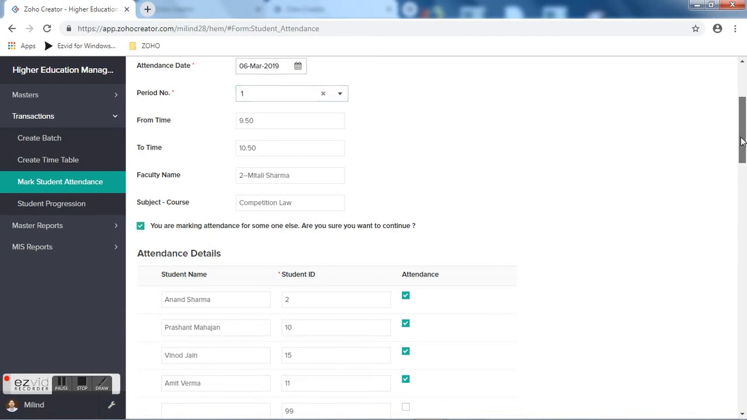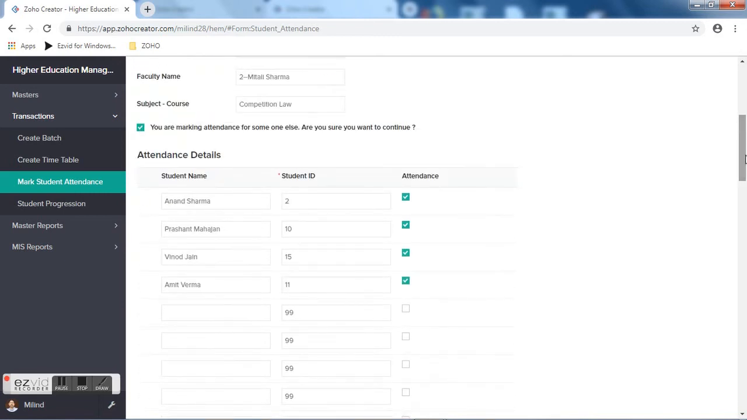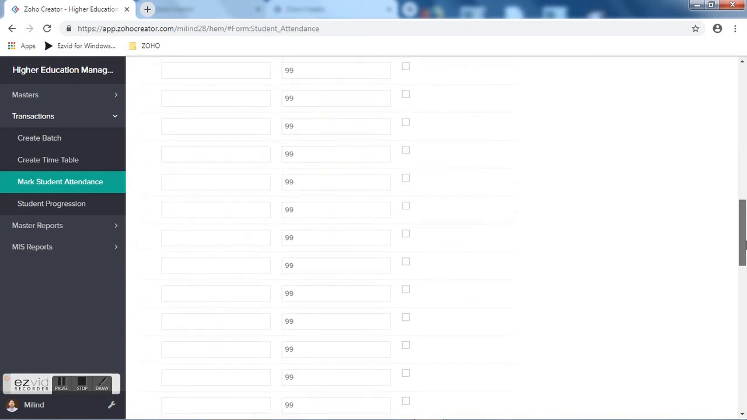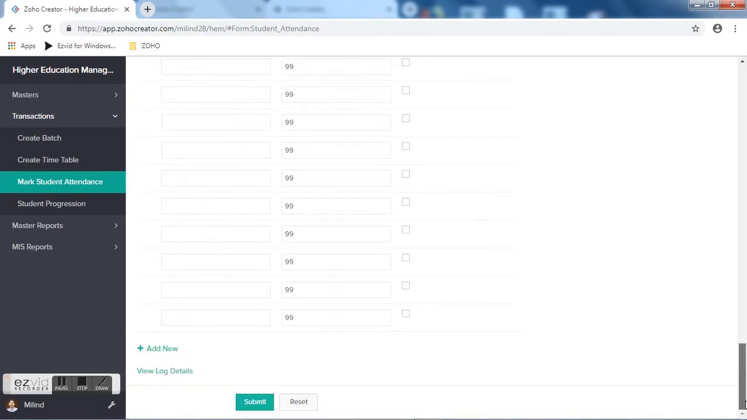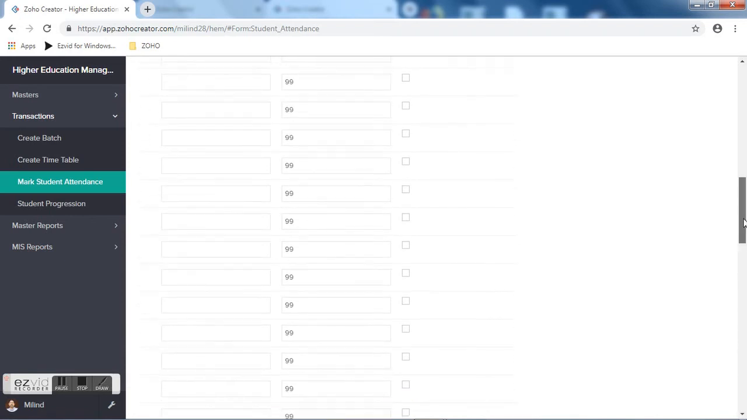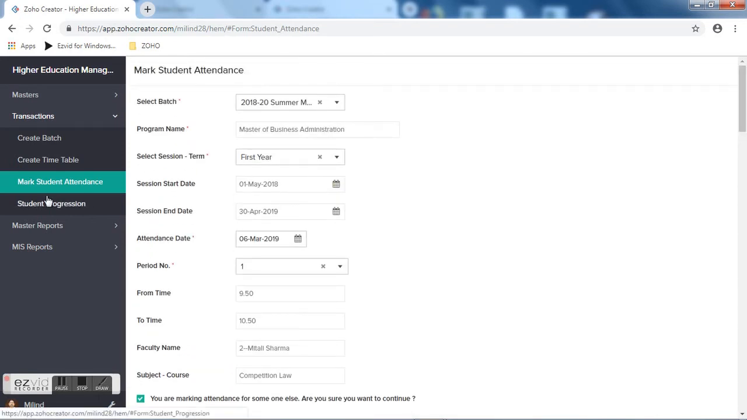If you are an academic staff or not that faculty, then automatically the students who are in that particular batch and that session get populated over here, and by default all the students are marked present. But you can change the attendance. If somebody is absent, you just untick that particular checkbox and then submit the attendance at the bottom. So once that is done, the attendance gets updated,